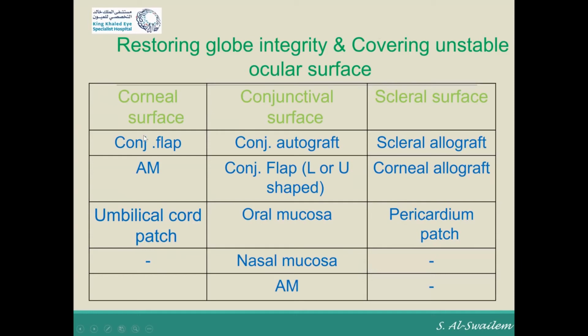If it is small, we can apply even a conjunctival flap or amniotic membrane or umbilical cord patch. What about conjunctiva? If there is a conjunctival loss, you can use an autograft from the same or from the other eye, or you can use a conjunctival flap, L or U shape, or you can use oral mucosa or nasal mucosa, amniotic membrane. If you have scleral thinning, you can put a scleral allograft from a donor, or a corneal allograft from a donor, or you can use a pericardial patch, but you cannot apply